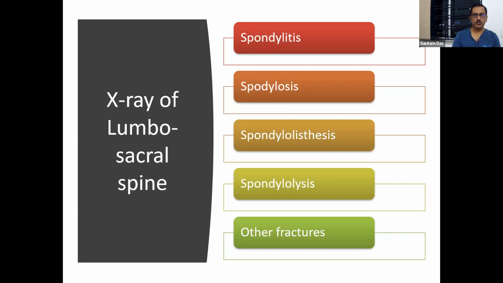So what are the things which we can diagnose with X-ray? These are the things which we can: spondylitis, spondylosis, spondylolisthesis, spondylolysis, and some other fractures. I'll be briefing in short about the meaning of these terms. And many of these terms are used